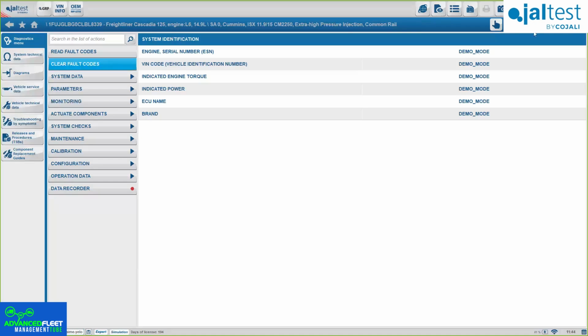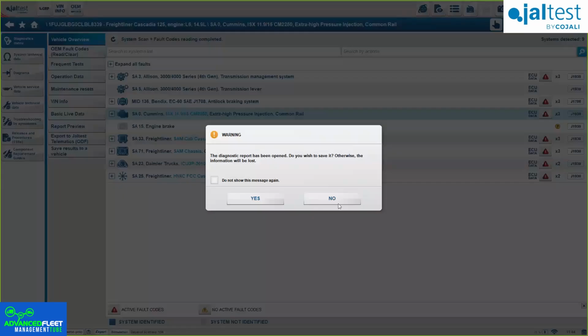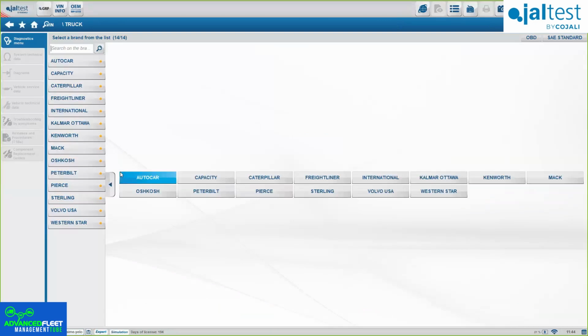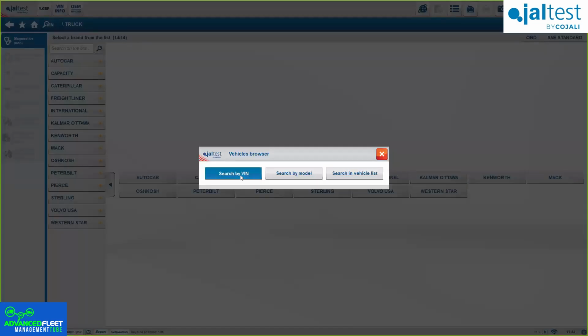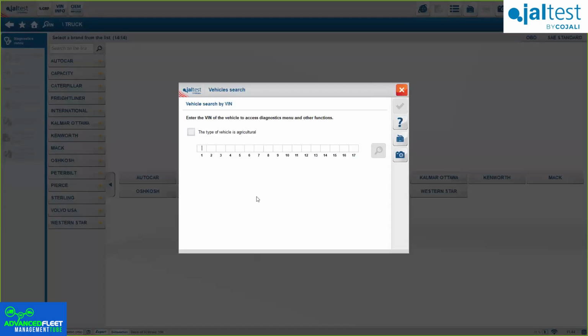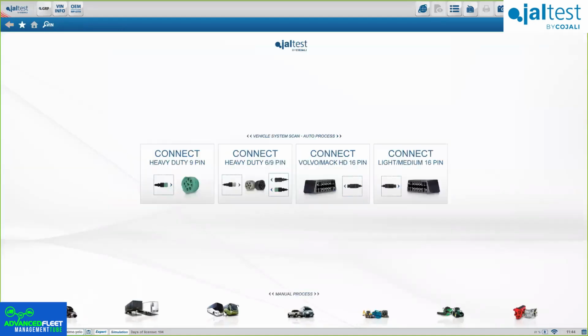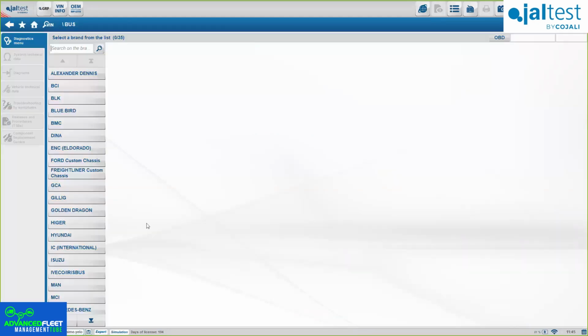Now, if we want to disconnect, I want to show you the manual option, the manual selection. Again, if at any point you know exactly which truck you are working on, you will be able to just select it here. You can check here also the coverage, okay? You can either enter the VIN here, and once you've entered it, the system will automatically tell you which model it is and then direct you to it, or you can just select it manually, okay? And here, this option is very good because you can see exactly what brands we cover for either truck, trailer, bus. So you see exactly what we can do for any kind of vehicle.